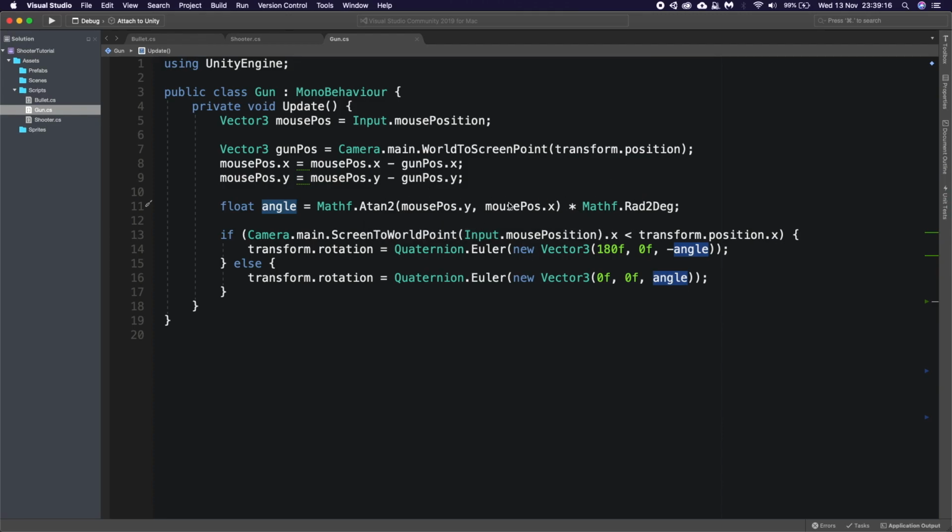So this worked out the angle we needed to rotate our gun to, and then we checked if our mouse was over the other side, so if we were facing the opposite way.